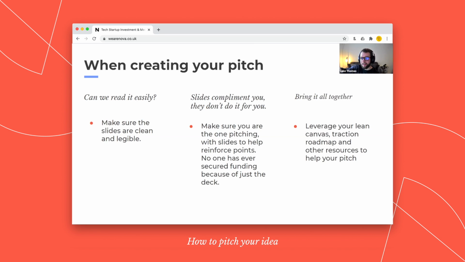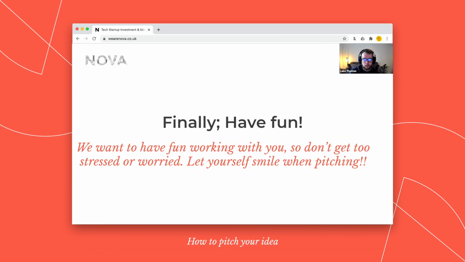Feel free, the more you can pull this stuff in, and again, don't just put the lean canvas up and read it. That wouldn't be good. But leverage the key things that you're doing in this program to show us that you're engaged and that you're learning, and that you're someone who can be coachable. But you've also pulled together some key assets for the business, and that will really help speed up the pitch creation.